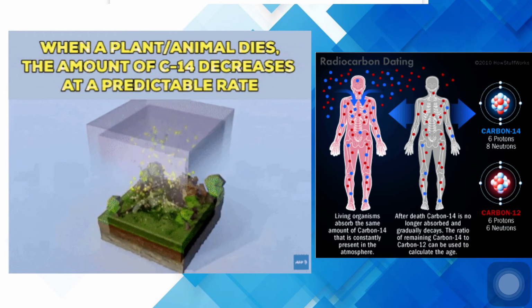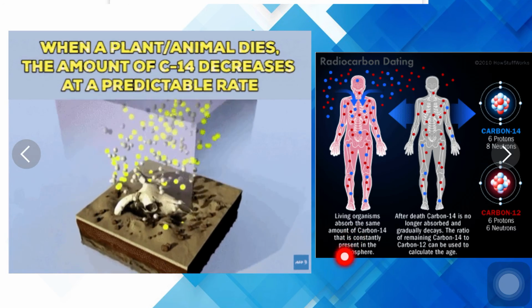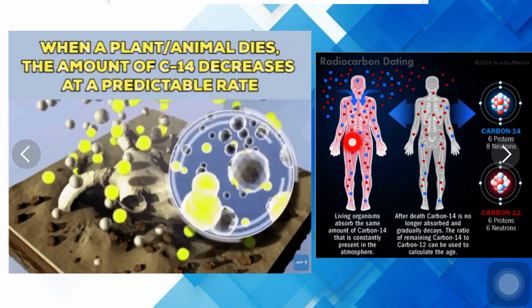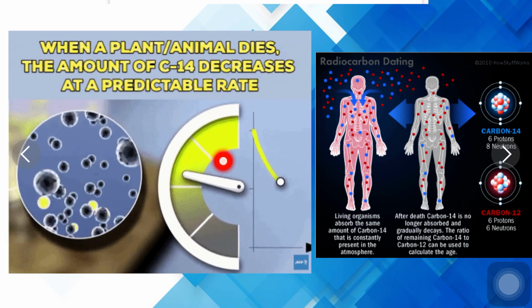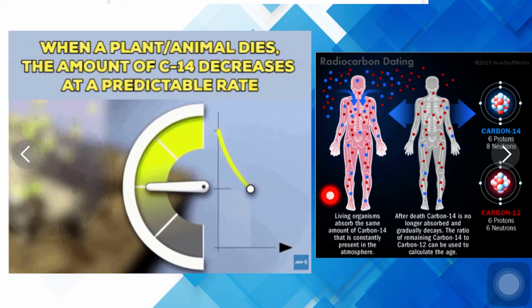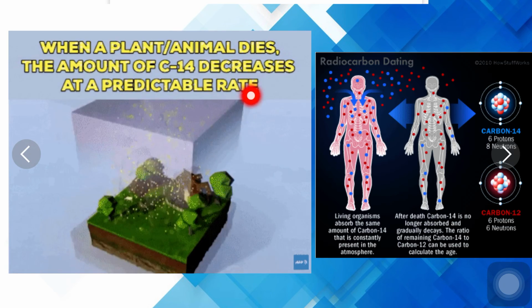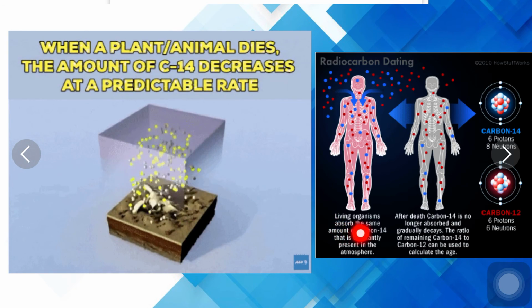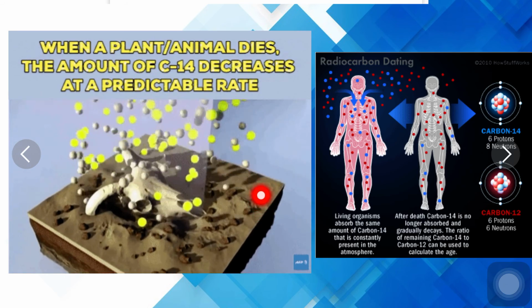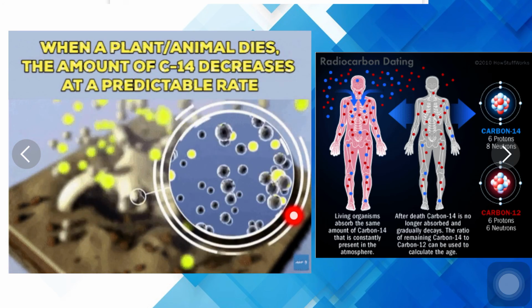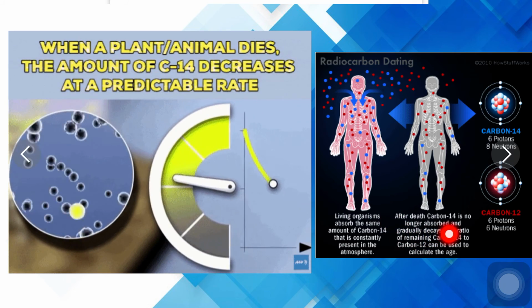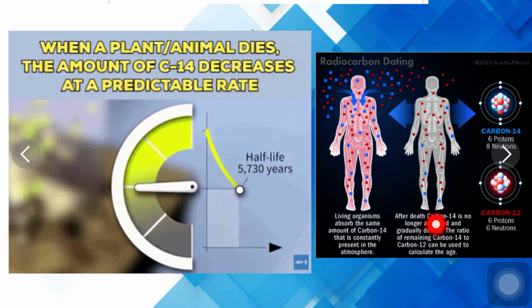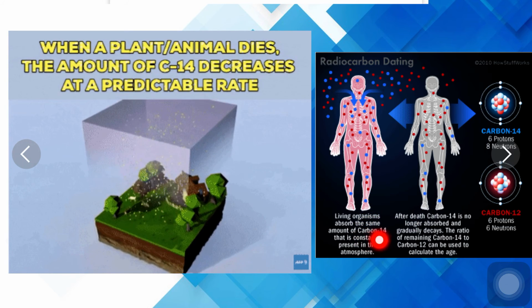So students, radiocarbon dating involves determining the age of an ancient fossil or specimen by measuring its carbon 14 content. As I told you earlier, carbon 14, or radiocarbon, is a naturally occurring radioactive isotope that forms when cosmic rays in the upper atmosphere strike nitrogen molecules, which then oxidize to become carbon dioxide.